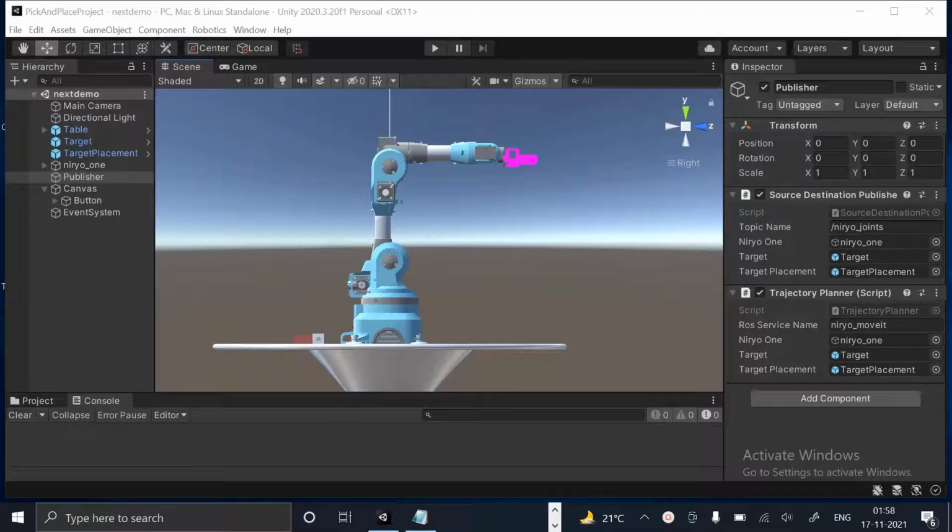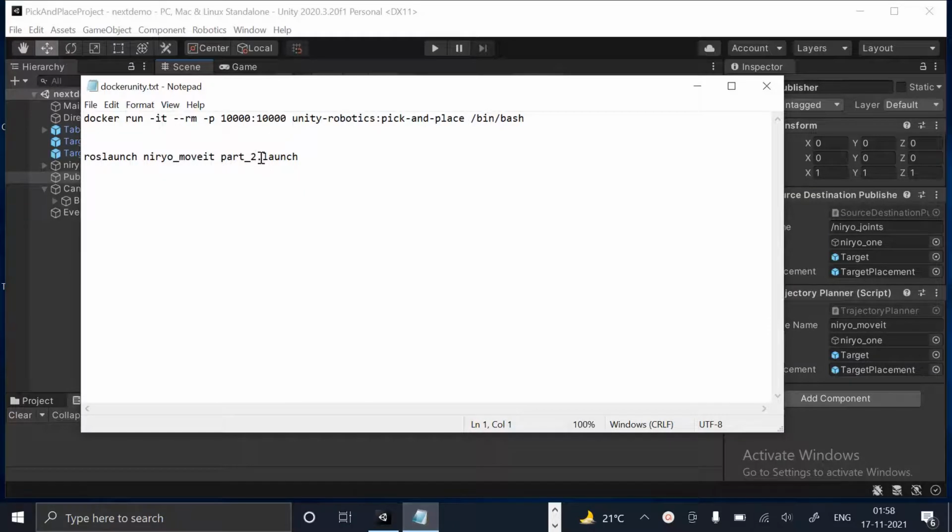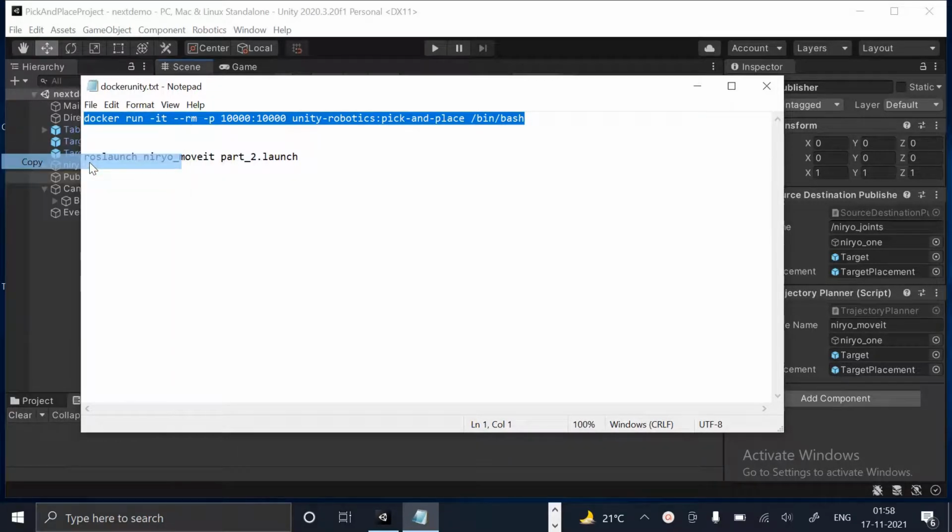Hello. In this video, we will see how the ROS connects to the Unity front end and does the complete simulation for us. Okay. So there are two parts. One is the ROS part where we have to first of all get started with the workspace. For that, we'll do the same step that we did. We'll have the image, that is the Docker file, because on the ROS end we are working on the Docker itself. So first of all, we'll enable the workspace for this.